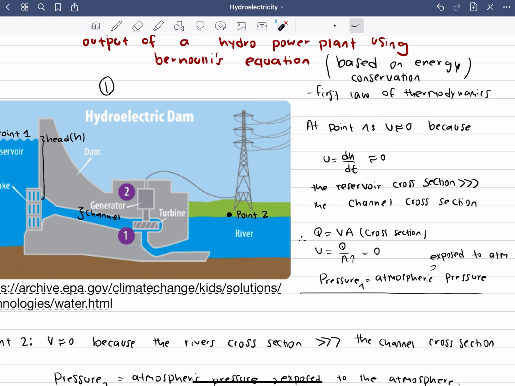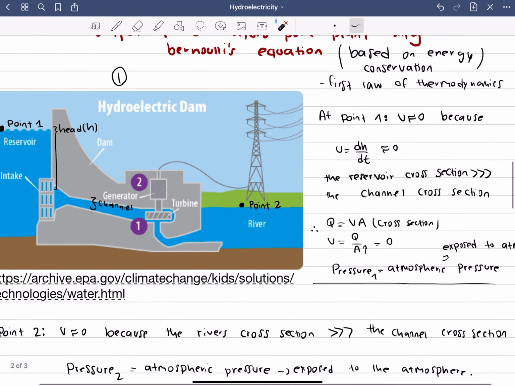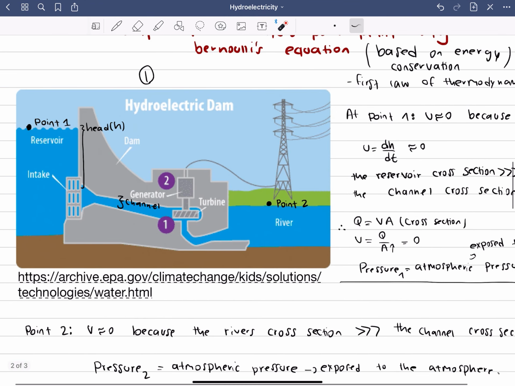Another way to look at this is to say that the flow rate equals the velocity times the cross-section. Solving for velocity, we get flow rate over the cross-section, and the cross-section is really large, so we get a velocity almost equal to 0. The pressure at point 1 is also equal to the atmospheric pressure